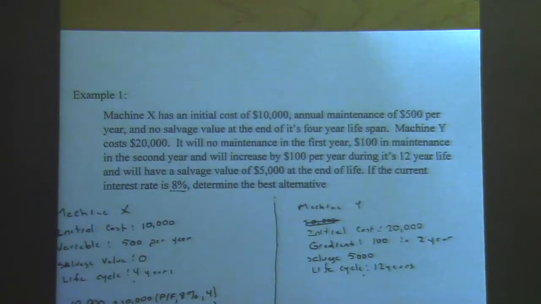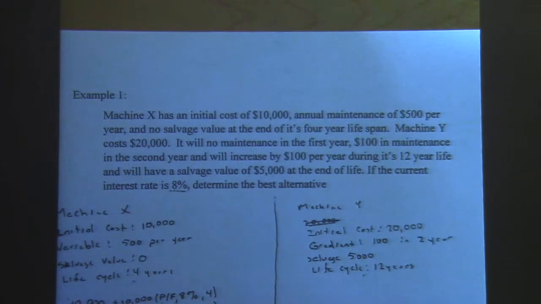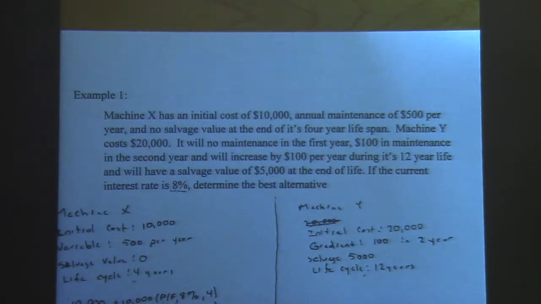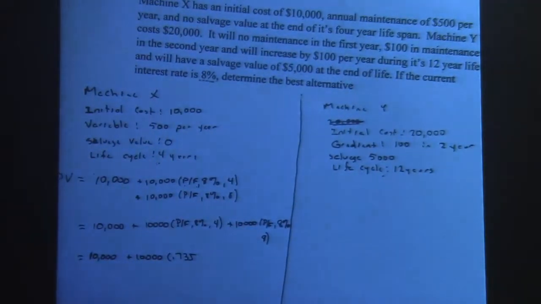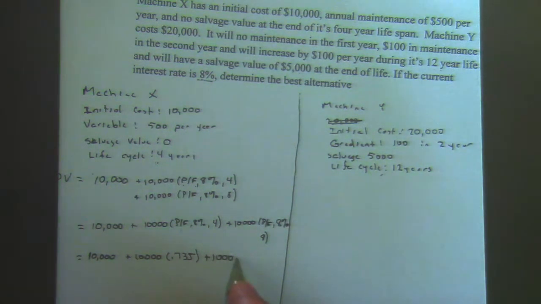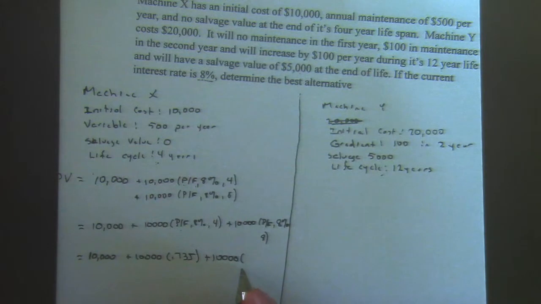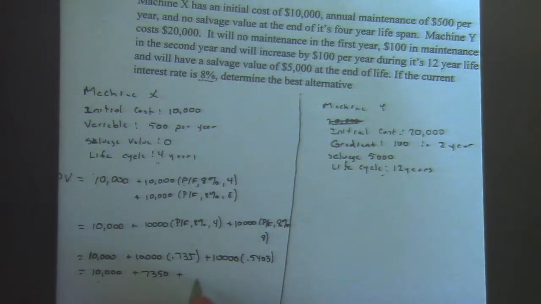So what we see is that we have $10,000 plus $10,000 times the multiplier for present given future at 8% for 4 years, which was 0.735. Oops, that's way off the page there, sorry about that. Plus $10,000 times the multiplier from the table, which was 0.5403. So in order to be able to purchase the equipment, we would need $10,000 for the first one, $7,350 for the second tool, and then $5,403 for the last tool, which gives us a grand total, let me grab my calculator here,